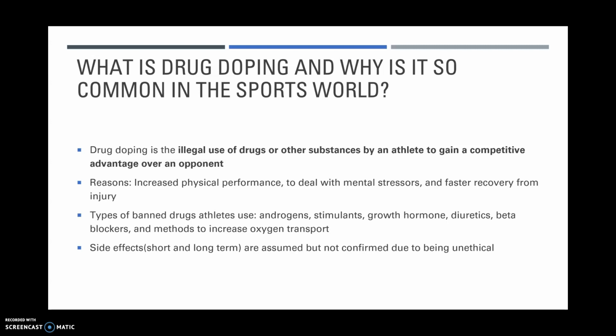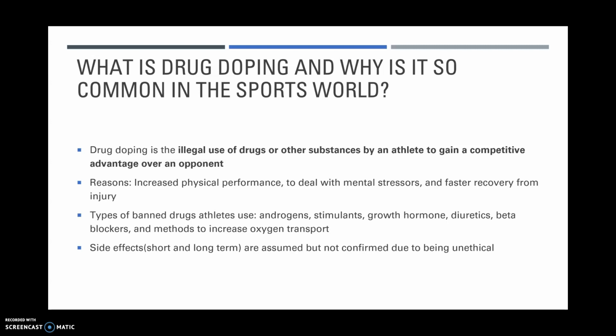The third is growth hormone, which is another hormone that has an anabolic effect on the body. It increases muscle mass and performance, but there are many risks that outweigh the good. The fourth is diuretics. These are used to decrease weight in athletes. They affect the fluid-salt balance, and they help in some cases with drug tests by using a masking agent in the urine. The fifth is a beta blocker, which decreases heart rate, blood pressure, muscle tremors, and anxiety. They block adrenaline in the body, allowing one to perform longer without getting fatigued.